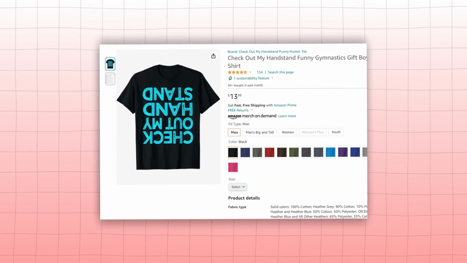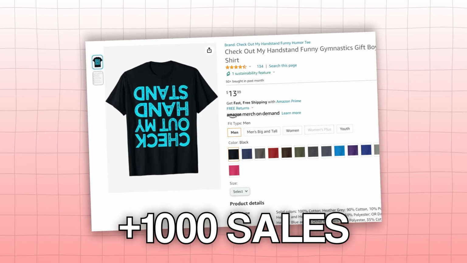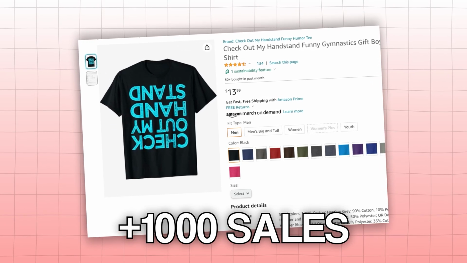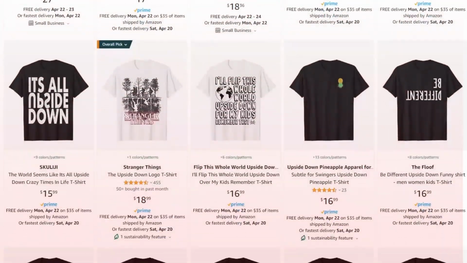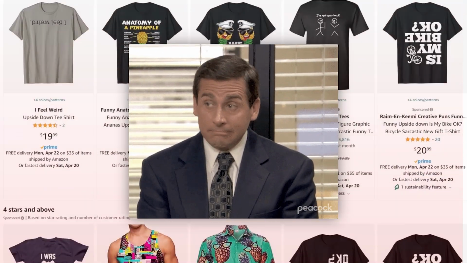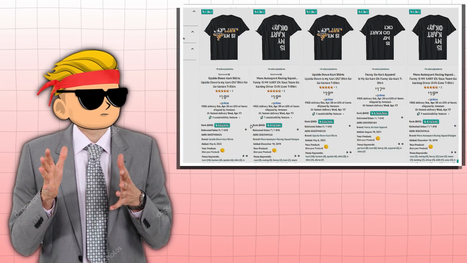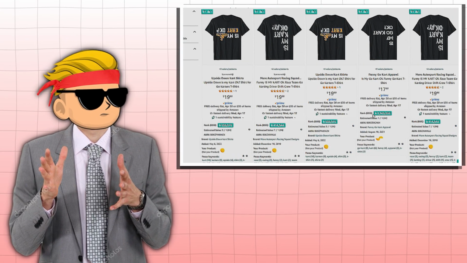Would you believe that this upside down design has been sold more than 1000 times? The design itself may not make sense to you, but the customer knows exactly what he's buying. These upside down designs sell in various niches and have low competition because, let's be real, you probably never come across this type of niche when doing your niche research. Anyway, today you will learn how to find these upside down niches and how to design for them.